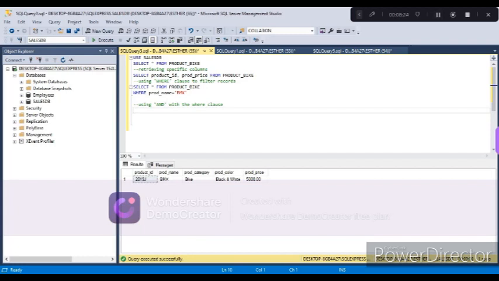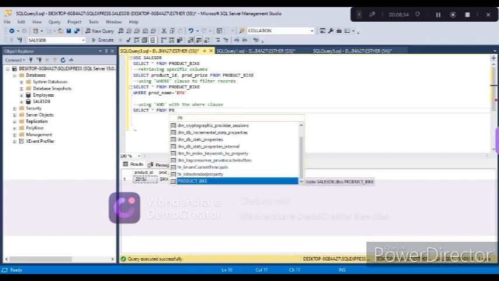This is how we do it. Select all from our table product bike